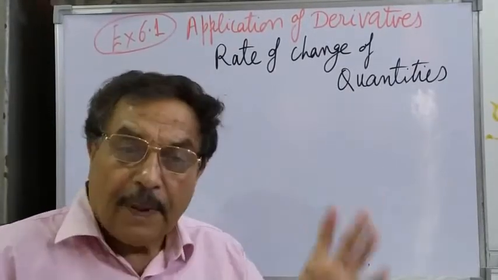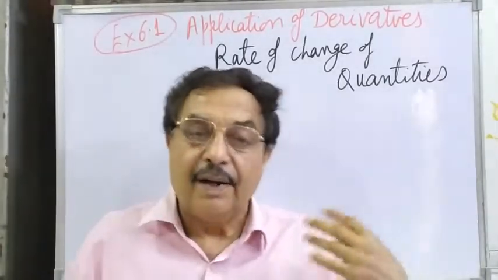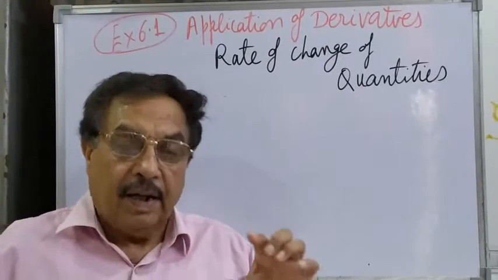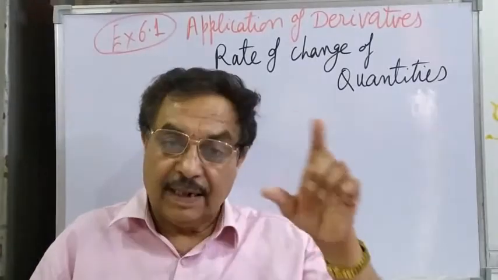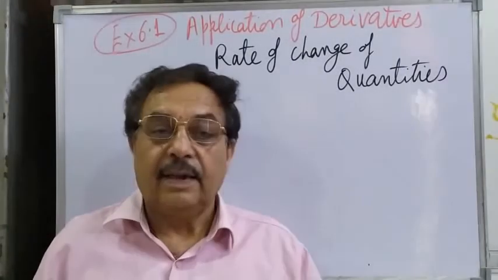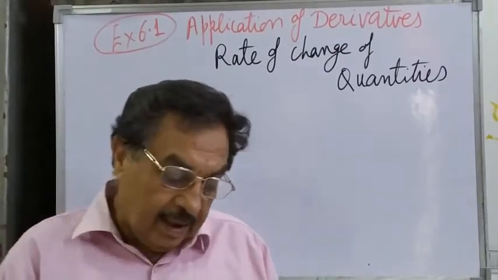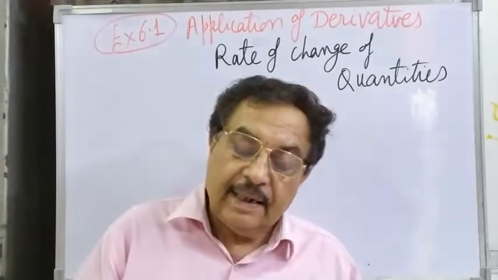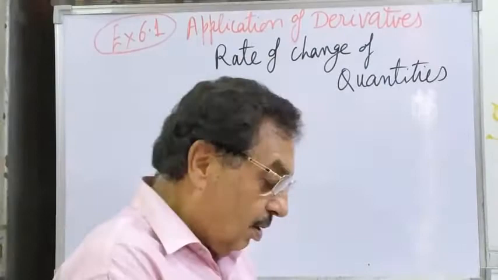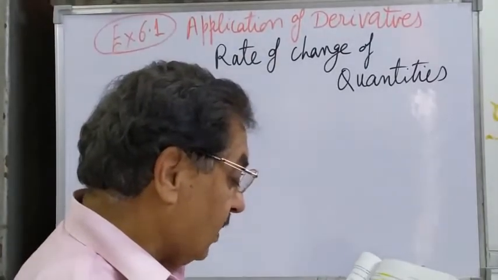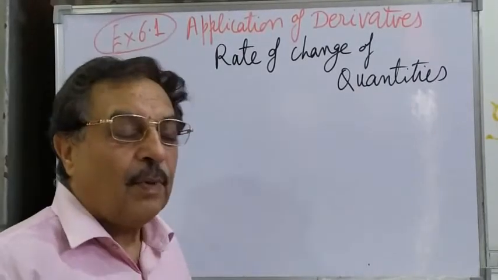How much do you open the compass? Suppose you open the compass 2 centimeter, you will get a particular circle. Now if you increase its width to 4 centimeter, you will get a bigger circle. The area will be more. In this way, the area of a circle changes with respect to radius. So now, find the rate of change of the area of a circle with respect to the radius. First of all, we should know the basic formula.